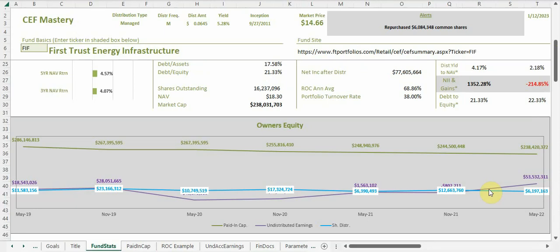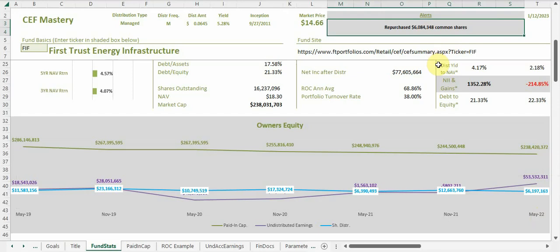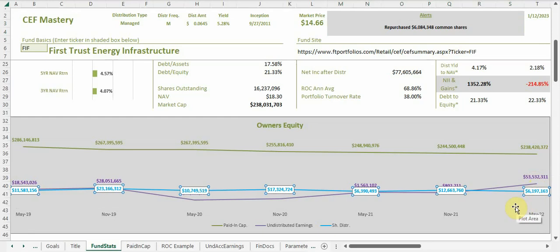Now, to quickly interpret the fund's data represented in this report, we're going to focus our attention on the last data point. And for FIF, which we've been using throughout this video, it last filed with the Securities and Exchange Commission in May of 2022. We already know that there was a decline in paid-in capital from $244,500,000 to $238,420,000 because primarily they repurchased over $6 million in common shares. For the 6-month period, FIF paid out a total distribution amount of $6,197,163, leaving an accumulated undistributed earnings amount of